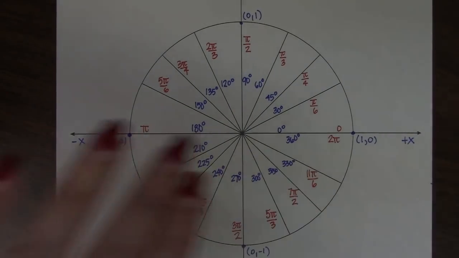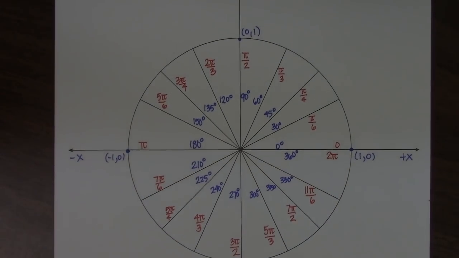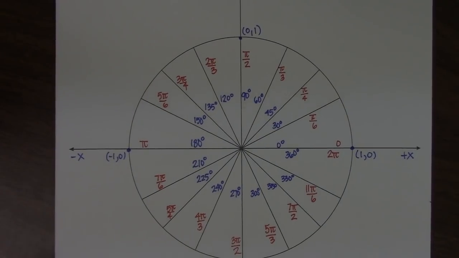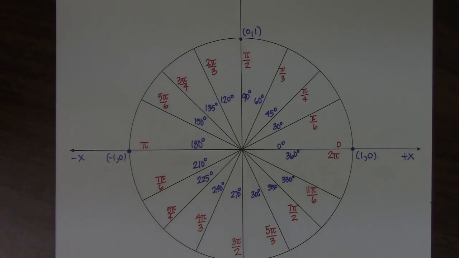So you can very quickly just count around in increments like you would count change, right? Like if you're counting nickels, 5, 10, 15, 20. So now to fill in the points,